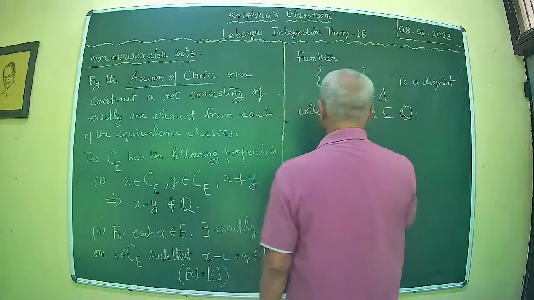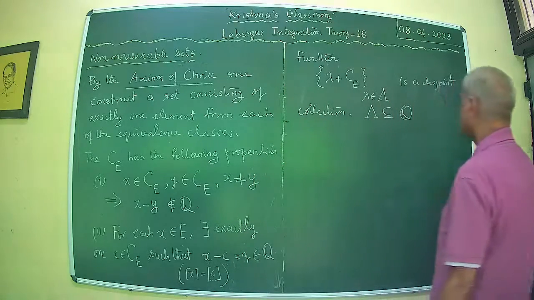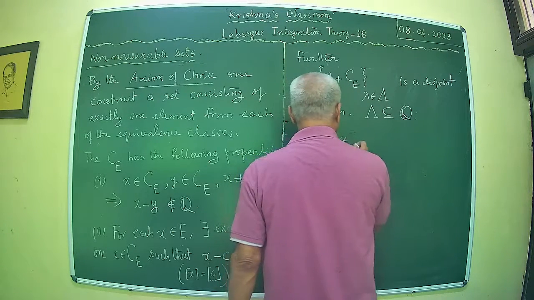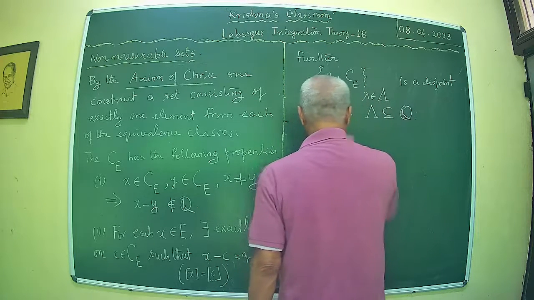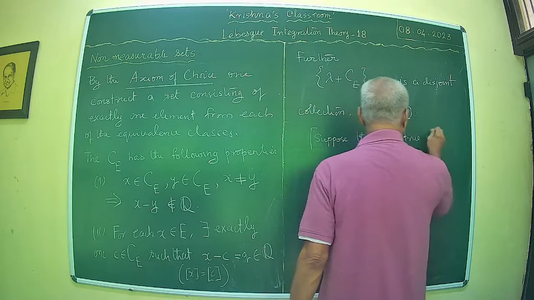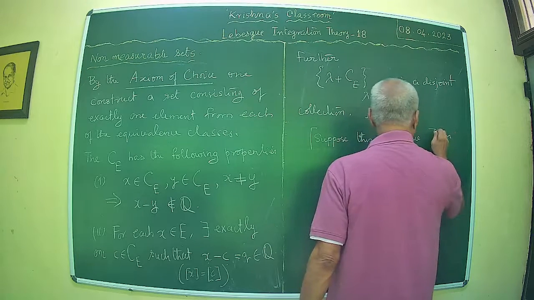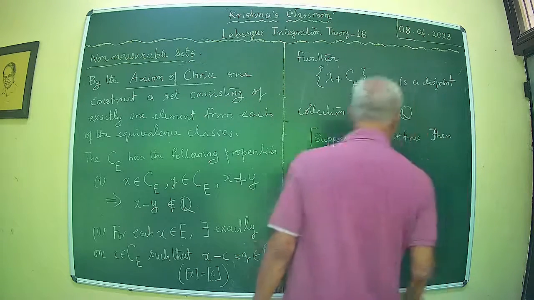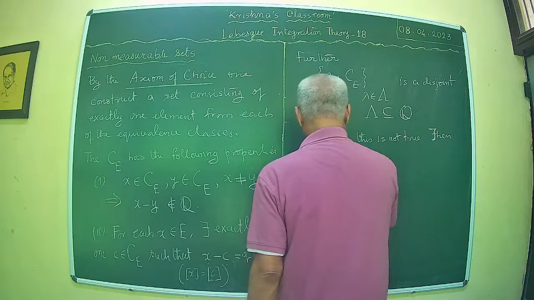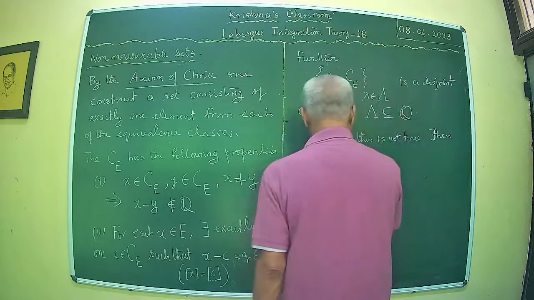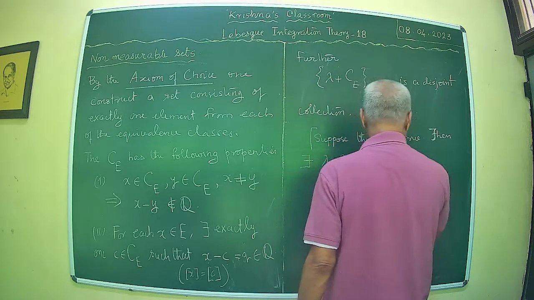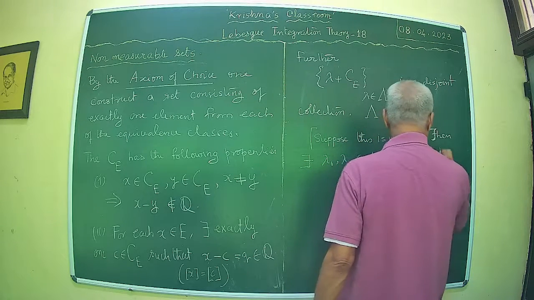What happens? Suppose this is not, then there exists lambda 1, lambda 2 belonging to lambda such that